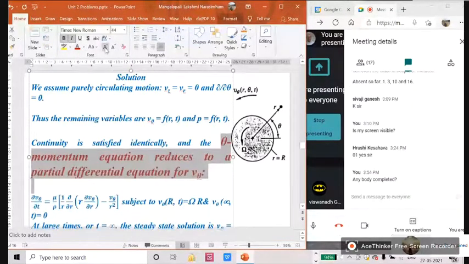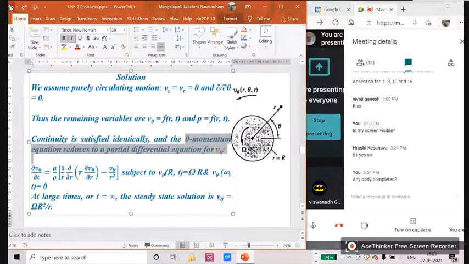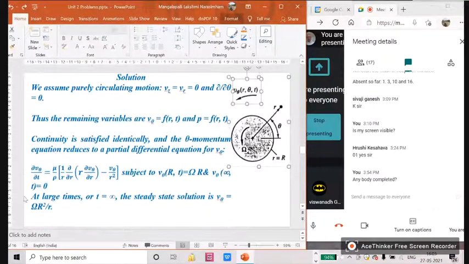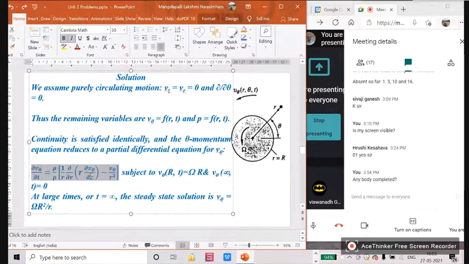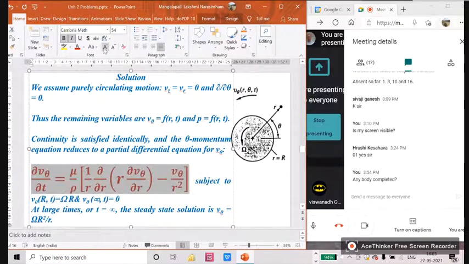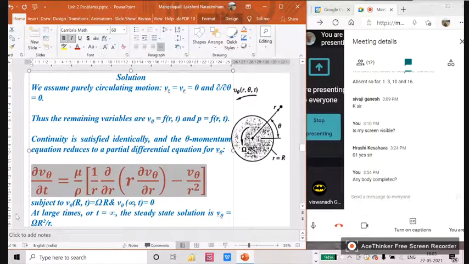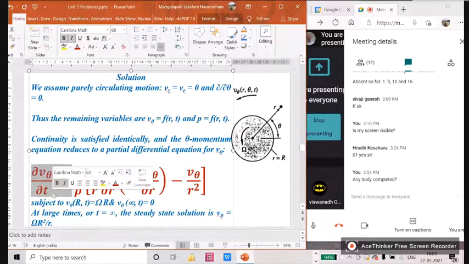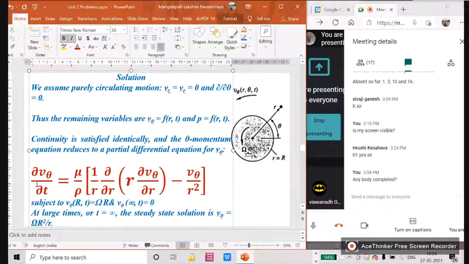So the theta momentum equation will give you this. So this will be the thing. Now here you can see in the left hand side you have a term dou by dou t of v theta. The remaining terms are 0. And on the right hand side you have